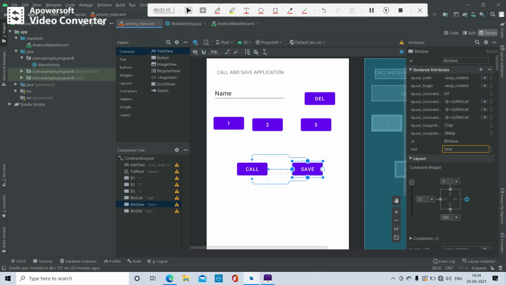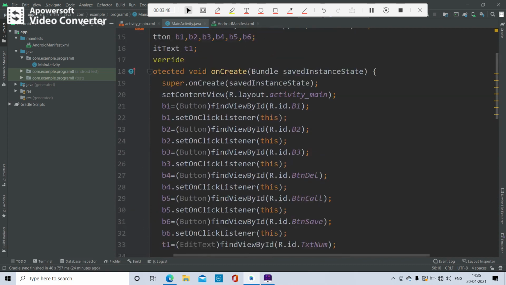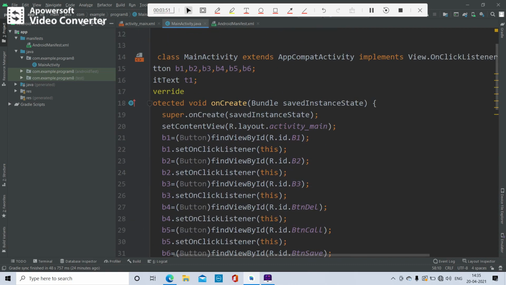Now how to code for this application, we will see. After keeping all the number buttons, all the buttons with different numbers, you know how to keep the interface or buttons, which I already told in the previous class. Now we see how to code this: placing the button label on the text box. To view the coding, I already told you that first you need to create an activity. The main activity is already available.